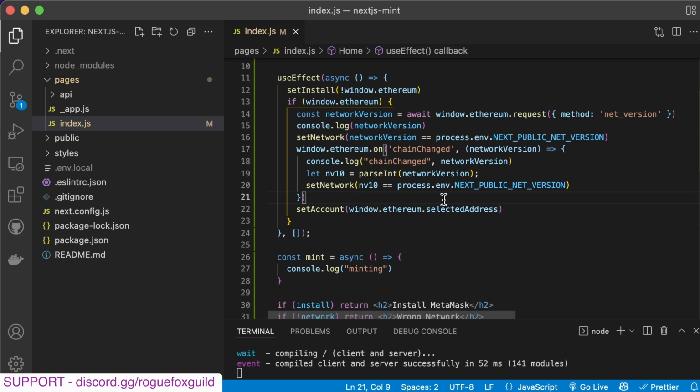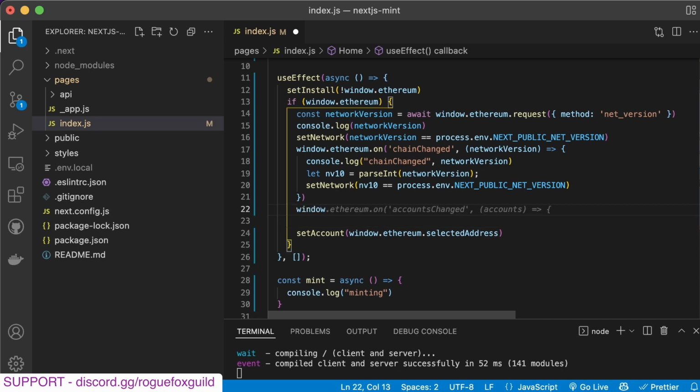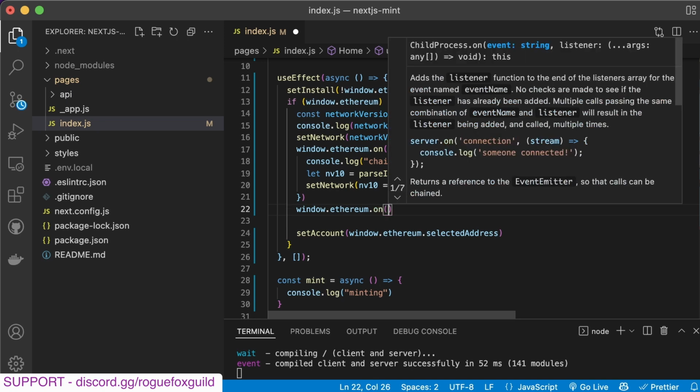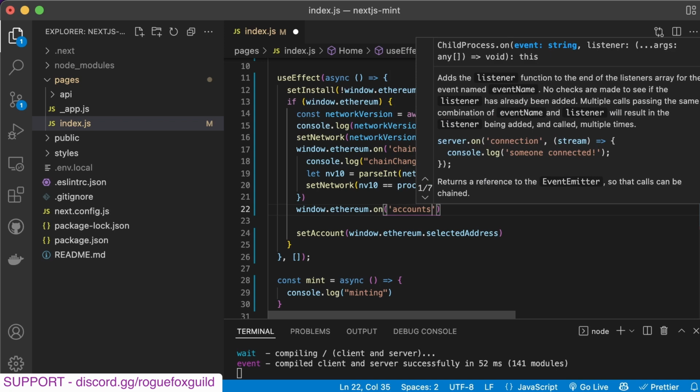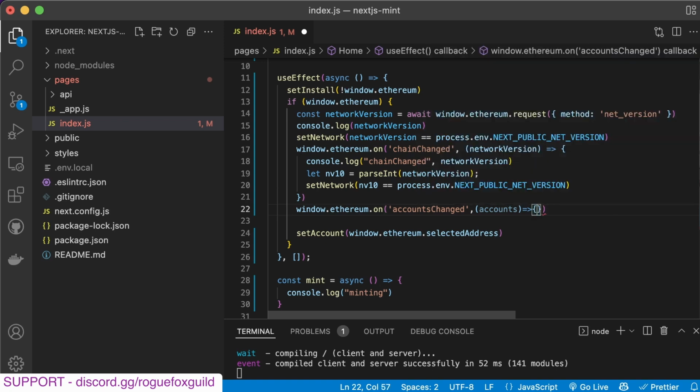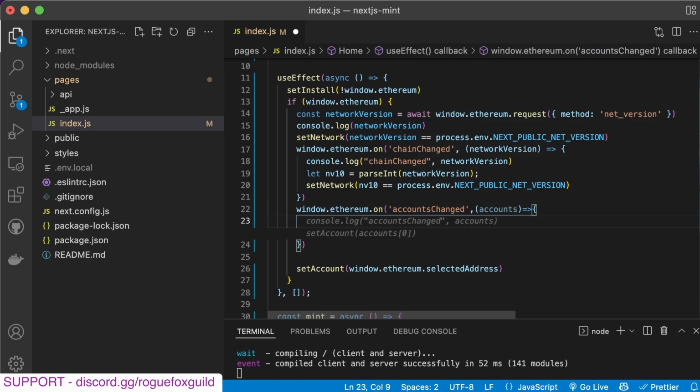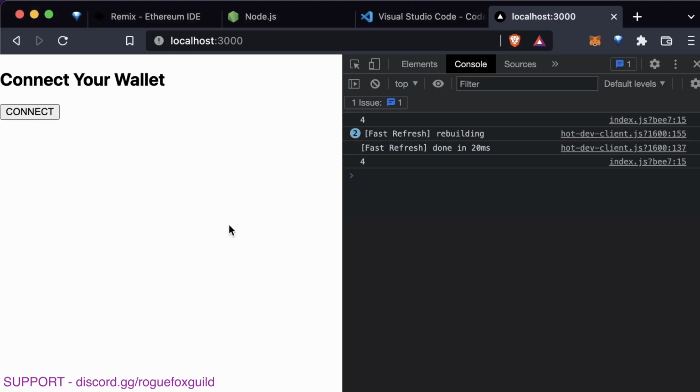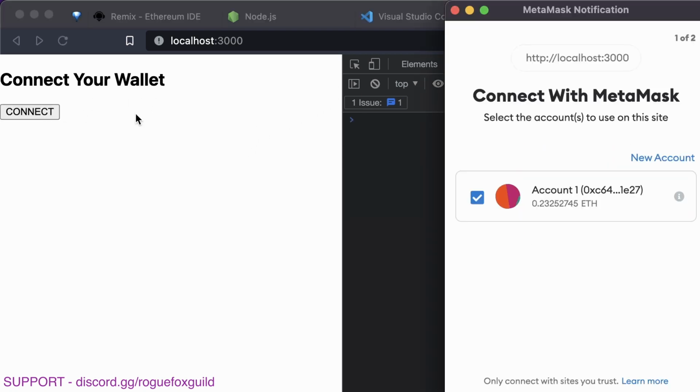So again, we want to look for an event so that when you connect your account, we don't have to refresh the page to be notified of that connection. So let's do window.ethereum.on, and this time it is accountsChanged. And we'll get back a list of accounts. And let's just have a look and see what that looks like by console logging it out. So if I click on connect, next, connect,